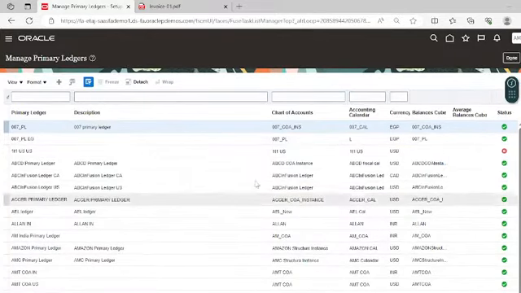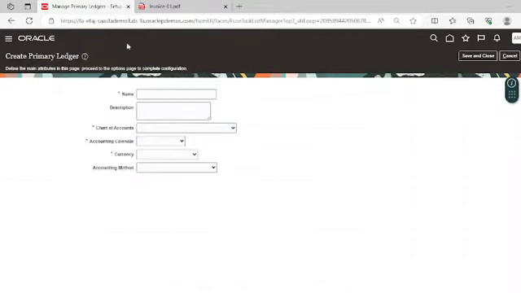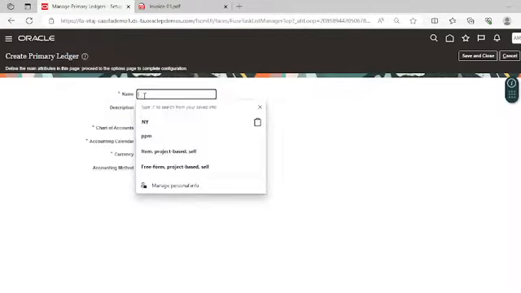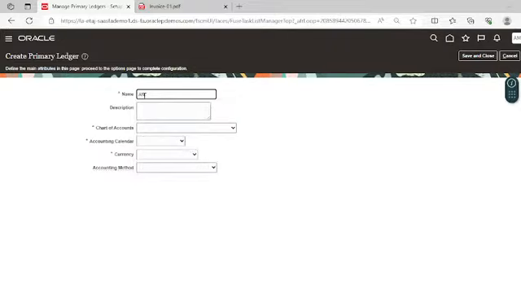So these are the already created primary ledgers. For creating a new primary ledger, you have to click on this create icon. Give the name of your primary ledger. So we will create 2 primary ledgers, one for US and one for India.